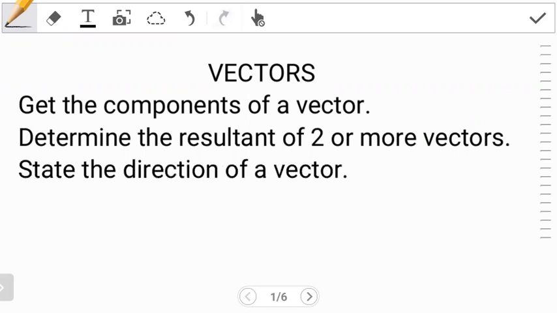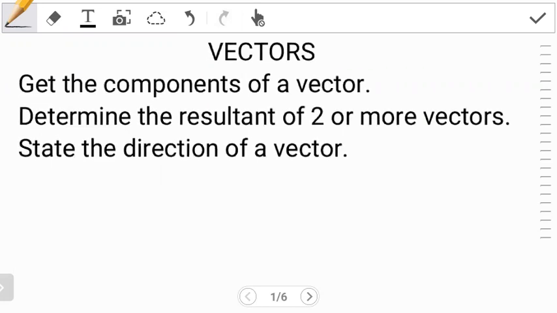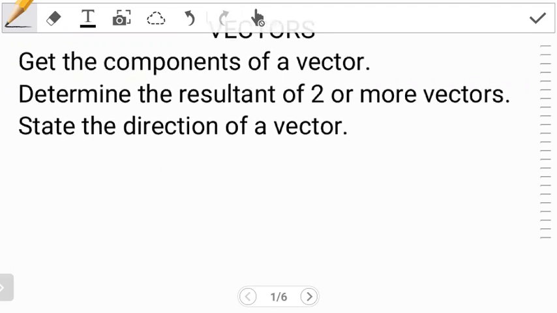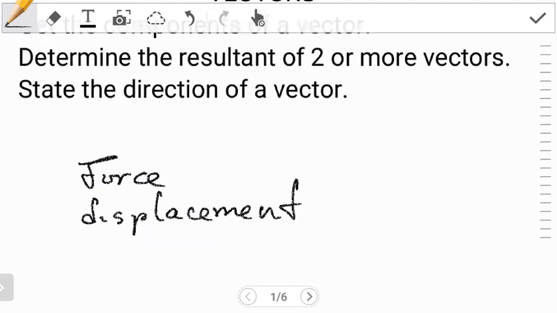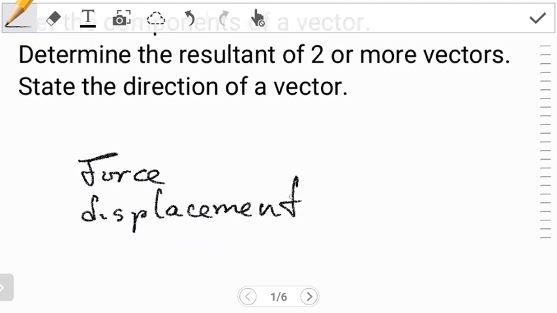Now, a vector is defined as a quantity that has both magnitude and direction. What it means is we don't only state the value of that particular quantity, but we also have to state the direction in which it is going. Now, good examples of vectors include force, displacement. Most of our examples are going to work with these two, but generally you can work with any given vector